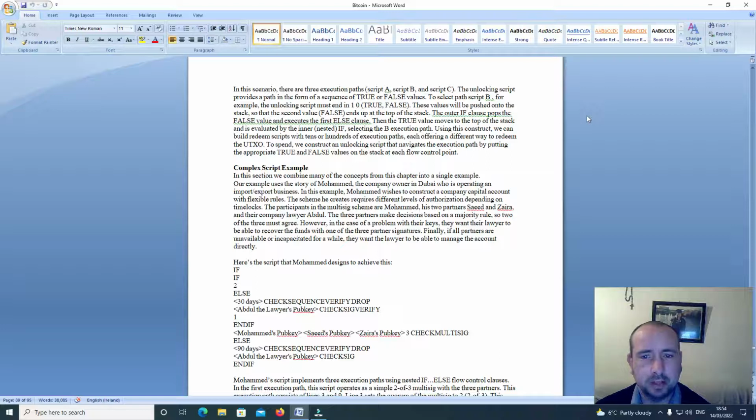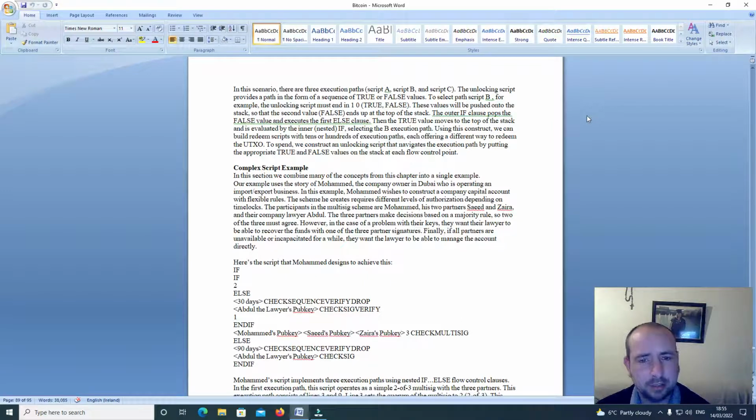To select path B, for example, the unlocking script must end in 1 0, true false. These values will be pushed onto the stack so that the second value, false, ends up at the top of the stack. The outer IF clause pops the false value and executes the first ELSE clause. Then the true value moves to the top of the stack and is evaluated by the inner nested IF,